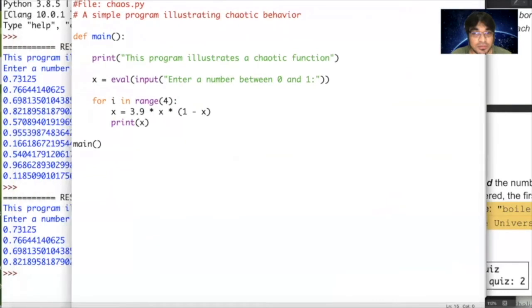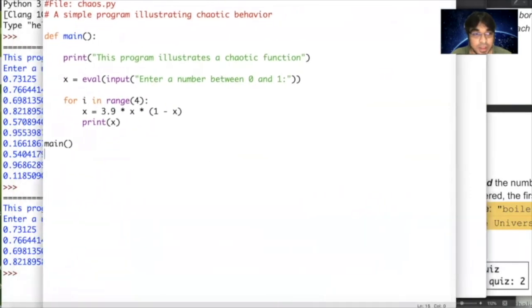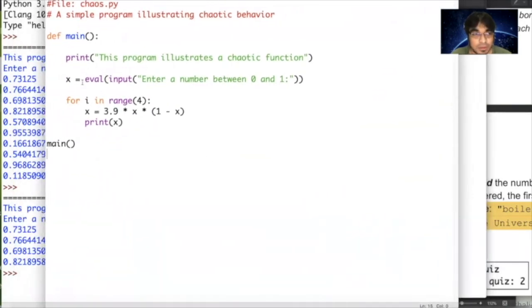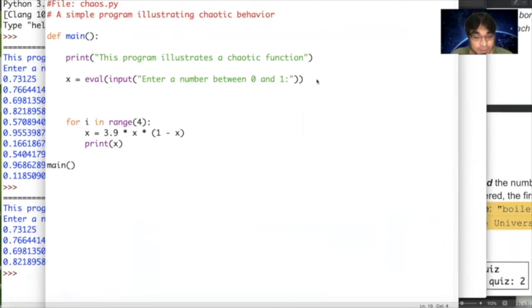And you can see here that we know how to take user input. Because we are already taking user input and assigning it to this variable called x, similarly, let's take another variable y and do the same thing, do an eval, meaning whatever input I take will become a number.